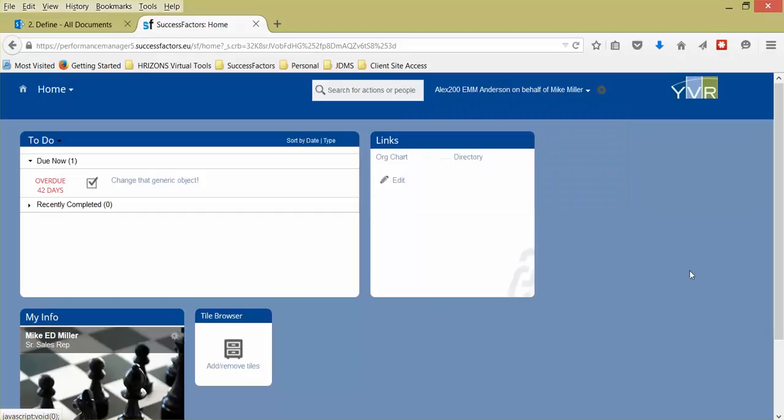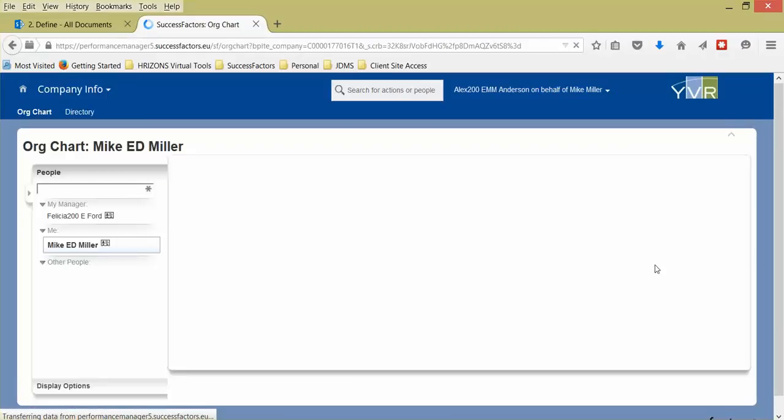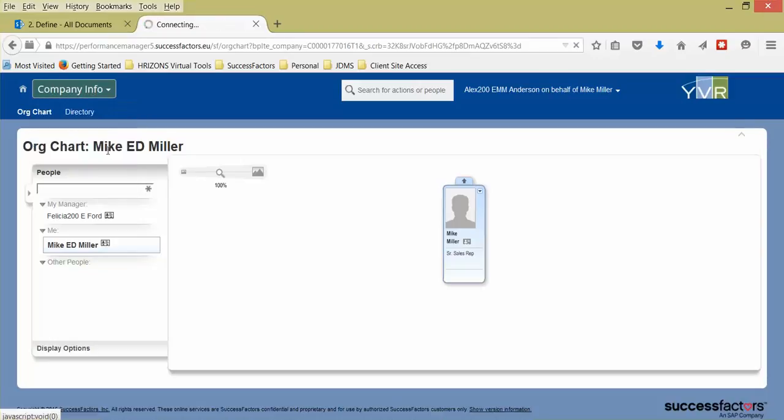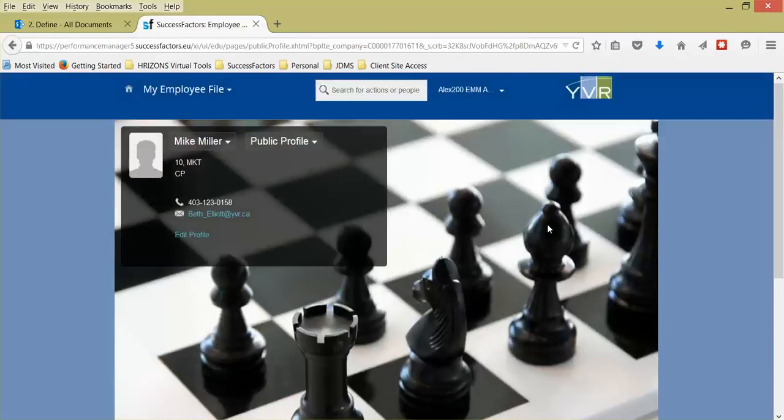And what you're going to do in this testing is that you're going to go through the workbooks, and you're going to go through every aspect of the workbook and make sure that things have been set up correctly. So for example, you'll go over into the company info area, and you'll look at things like whether the org chart has been set up. If you could also go into my employee file, and you'll see that you can access information about yourself, and you'll be able to see it based on what is set up in the workbook